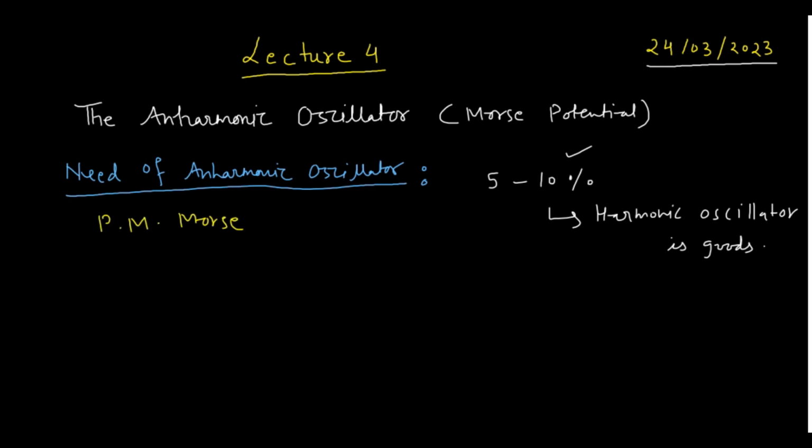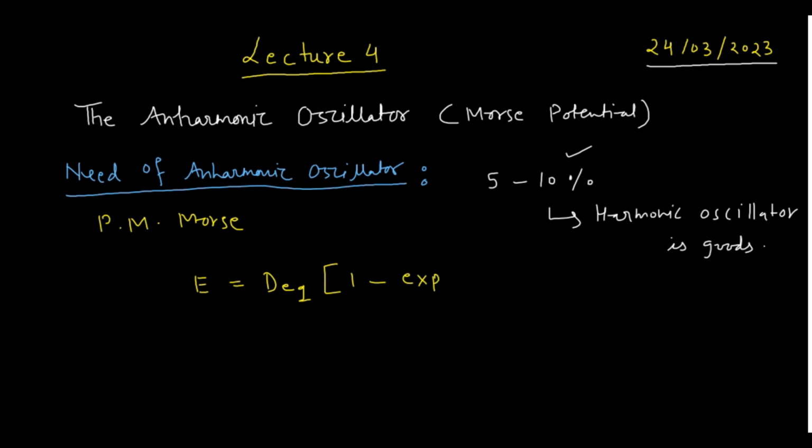To explain this, PM Morse derived an energy equation, which we know as the Morse function, and he gave the equation just like that. E is the Morse potential energy, that is equal to D of EQ. DEQ is basically the dissociation energy. Okay, and then 1 minus